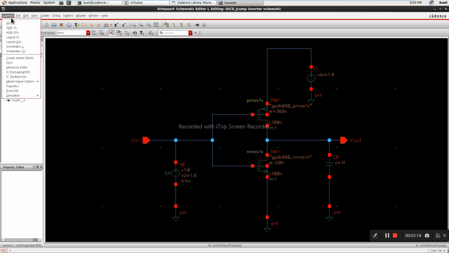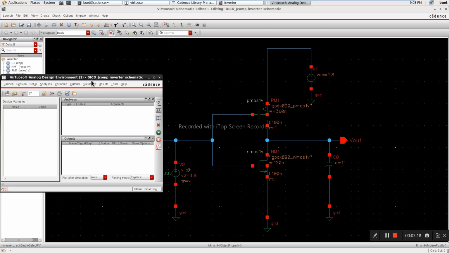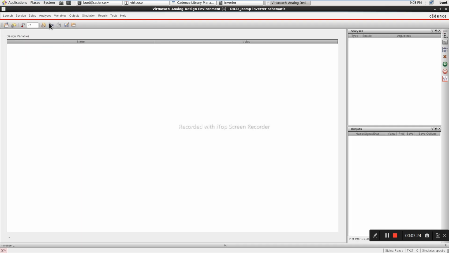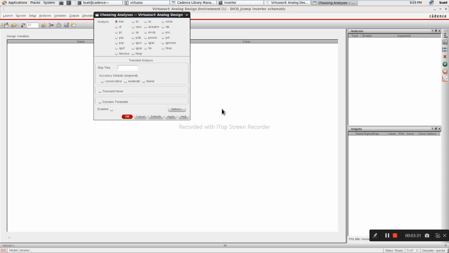Now you have done simulation before, right? Yes, I have done it. Now you can see variable analysis. Choose DC. We won't take DC, we'll take transient only. I'll do it for 100 nanoseconds.